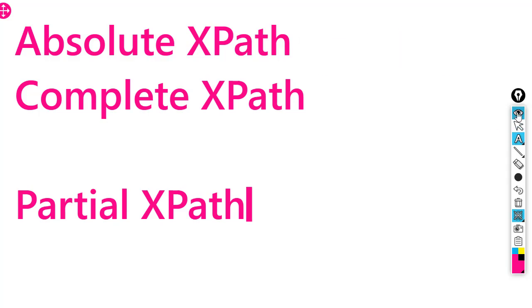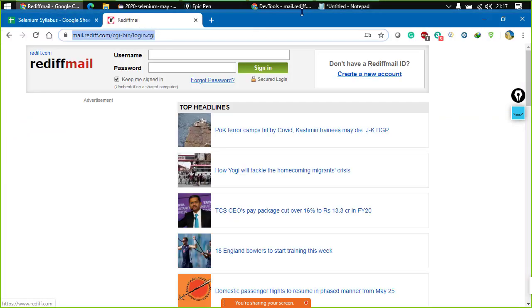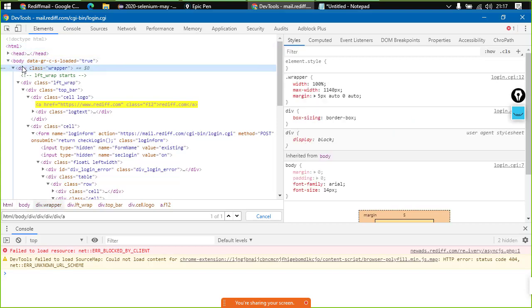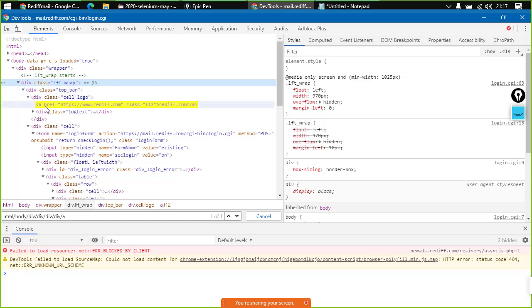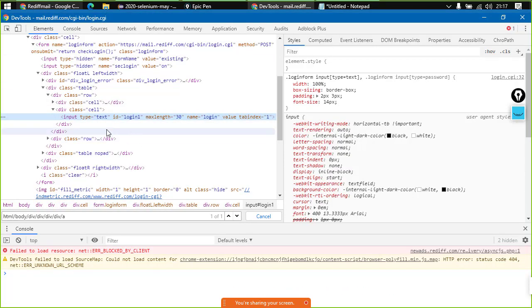So over here in complete XPath, we know that we are getting to the element step by step, right? Root, then its child that we need, then its child which we need, then its child which we need, and so on, getting to the end point, right? Now in partial XPath, we don't go like this. For example, I would like to have access to the element that is this username field, right? Now if I try to generate XPath for this, it will be a very long XPath, right?